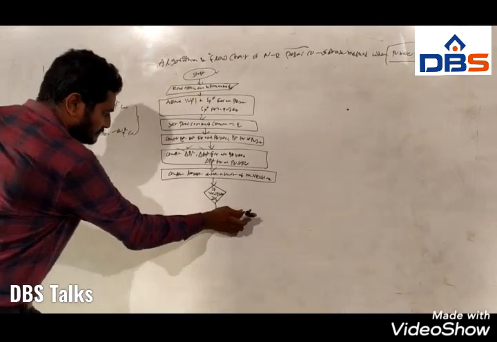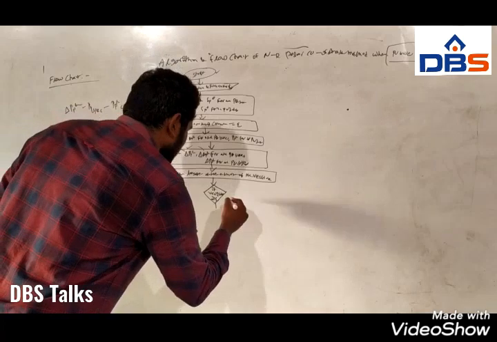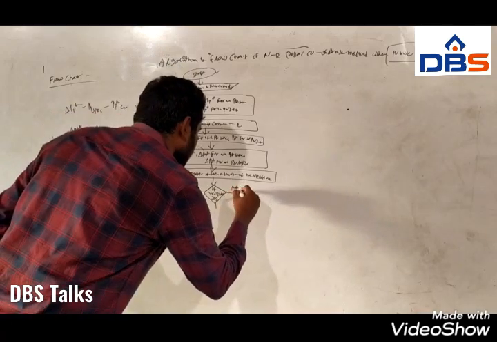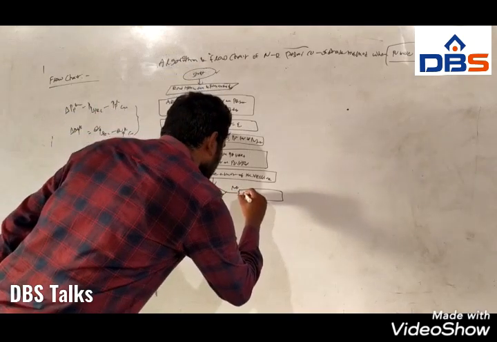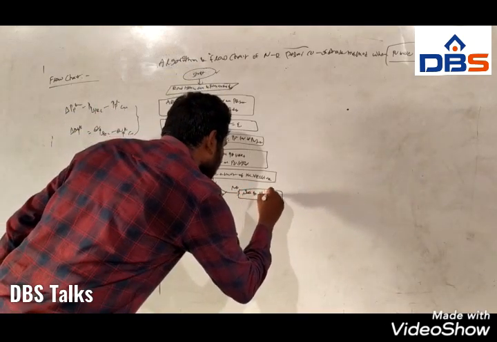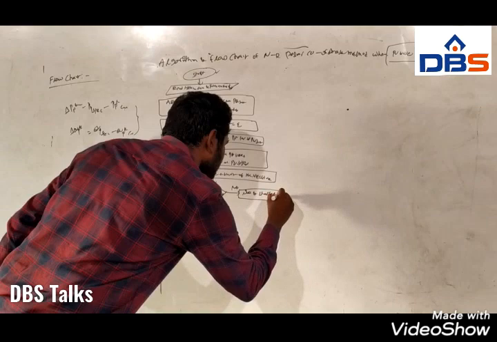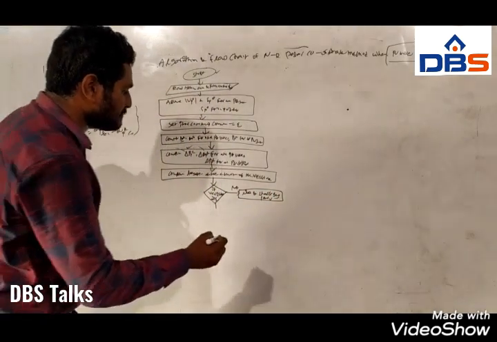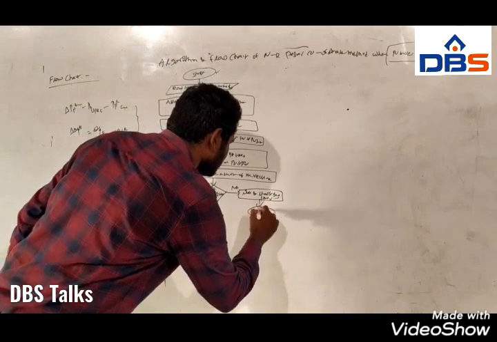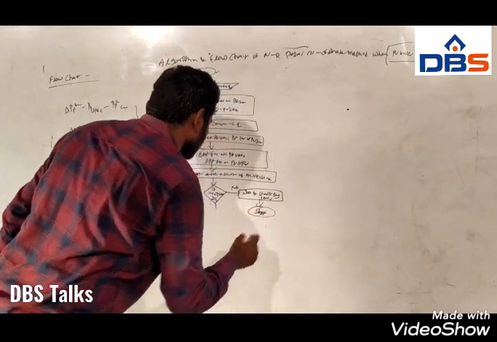So if it is no, it means we can directly calculate line and slack bus power. We have to calculate line and slack bus power and stop. So if it is yes, it means